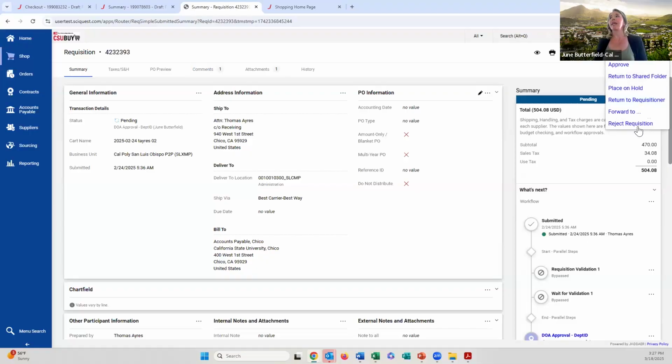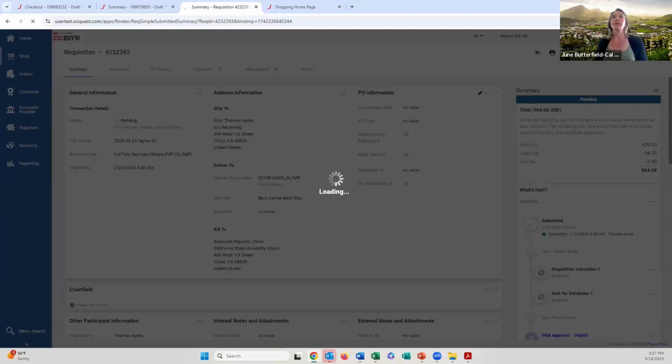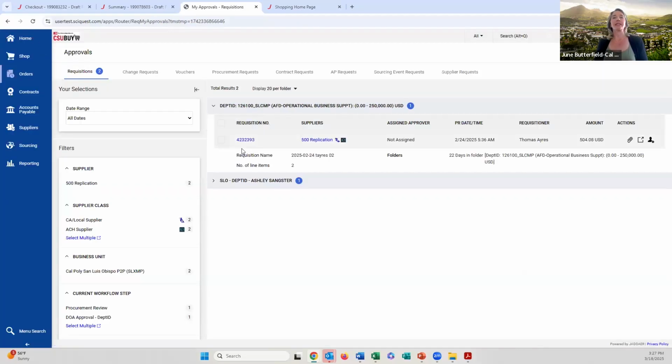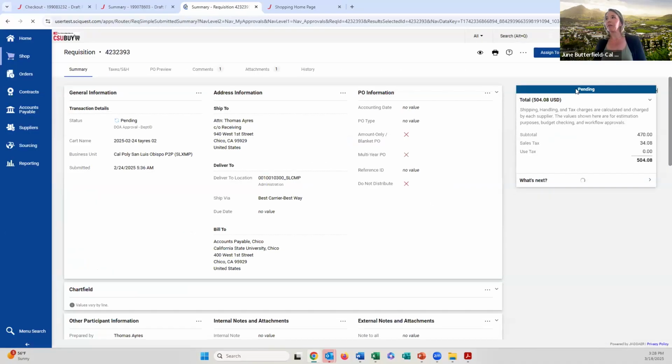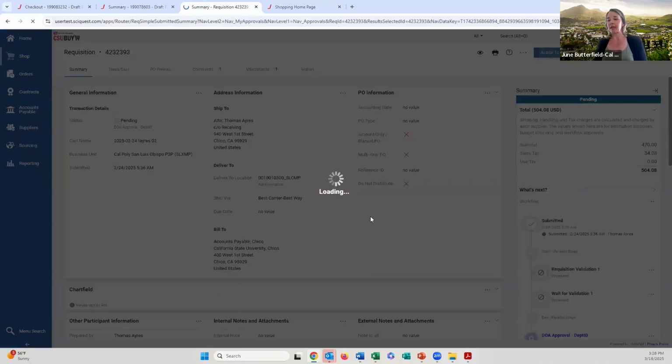Let's go ahead and see how it looks when you return to shared folder. We can see it already redirected us back to our approvals folder where we initially looked at this requisition that we have something to approve. So it's going to go back into the shared folder with the other admins I have for this dept ID. Let's go back to the requisition itself and assign it to myself,